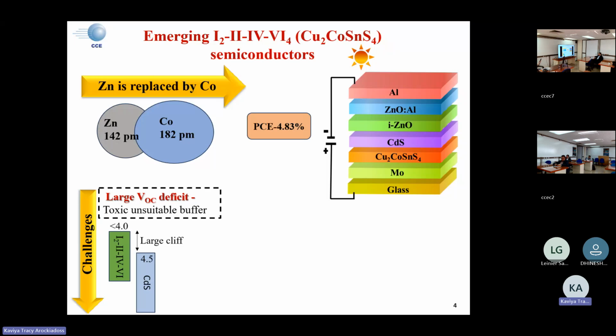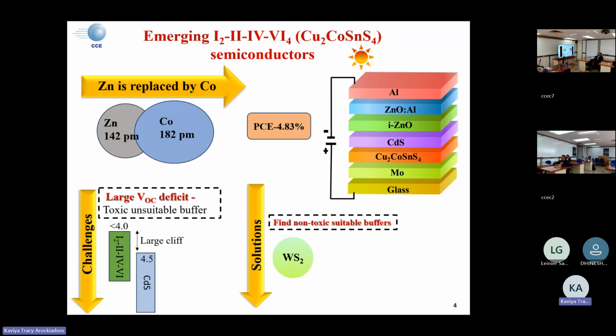Due to this, there is a large cliff at the interface of the absorber and the buffer, which creates unsuitable band alignment, creating a large VOC deficit. So what could be the solution? Now we have to find some non-toxic buffer as well as a suitable buffer that can form a good band alignment with the absorber. So in this case, this